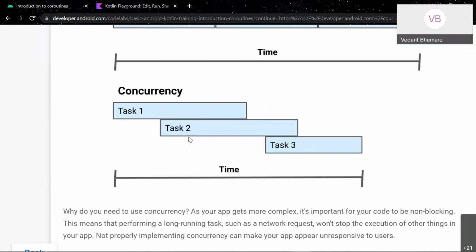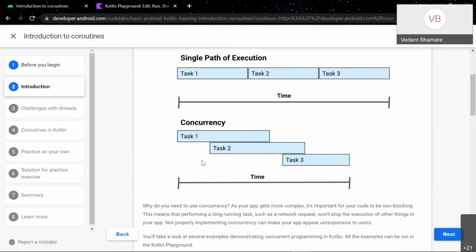So that is what coroutines is basically. Coroutines creates jobs instead of threads, and we can run multiple jobs on one thread. So it solves the problem of creating multiple threads, because we are only using one thread here to run multiple jobs. So it won't take up that many resources, which were needed for creating a single thread. This is the main feature of coroutines.